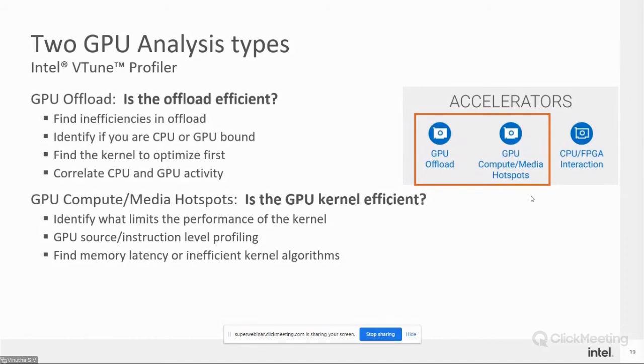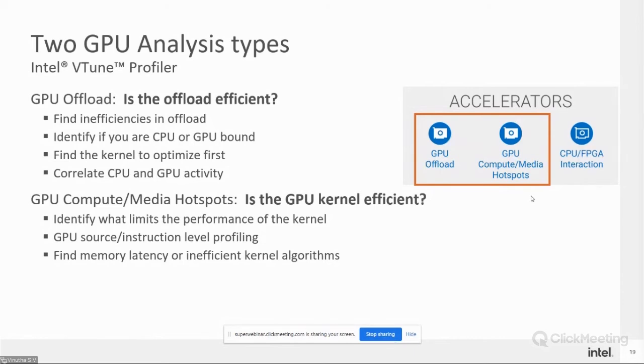So now you already have GPU code. You have identified a kernel or a loop which has to be offloaded to the GPU, and you have rewritten it using DPC++ or OpenMP, and now the kernel is actually running on a GPU. So now this is a stage where VTune Profiler can come into the picture to help you identify